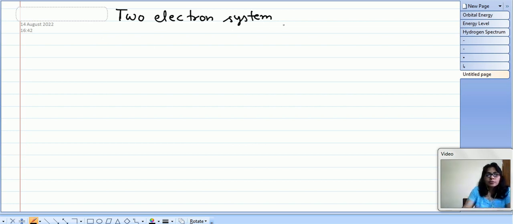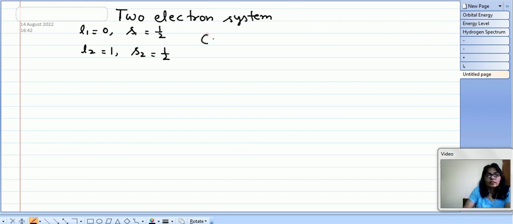So for the two electron system, let us take an example: L1 is equal to 0 and S1 is equal to half. S will always be half, whether it is S1, S2, S3, whatever it is, because the electron is a fermion, and spin is half for the electron. Then L2, I am taking a simple example, you can take any complicated one. L2 is equal to 1, and S2 is equal to half again. So now with this example, these are two electrons, and we are interested in coupling of the electrons.